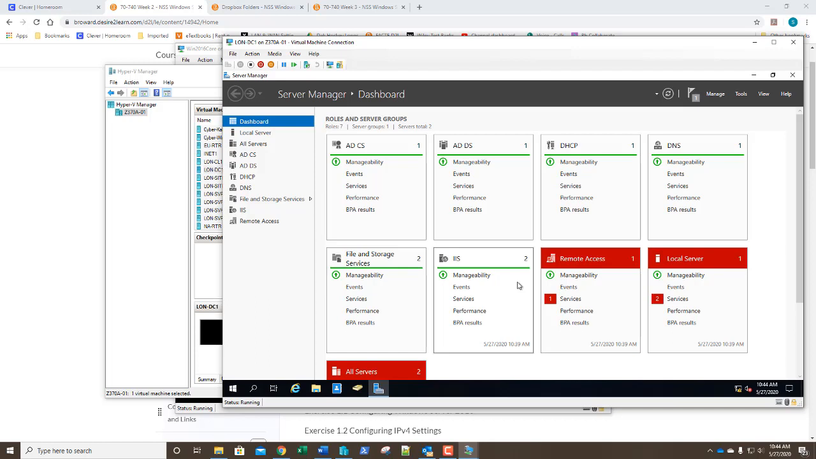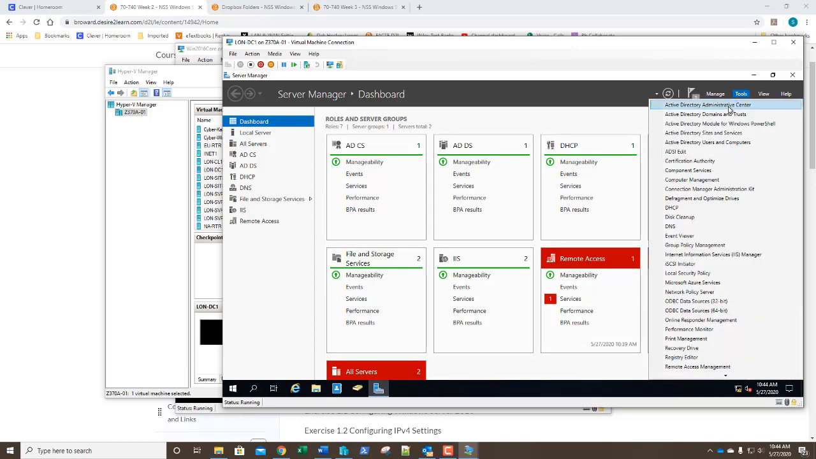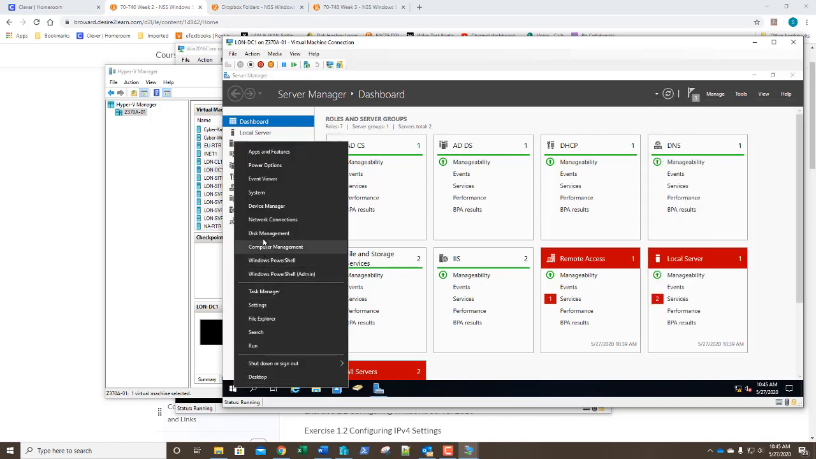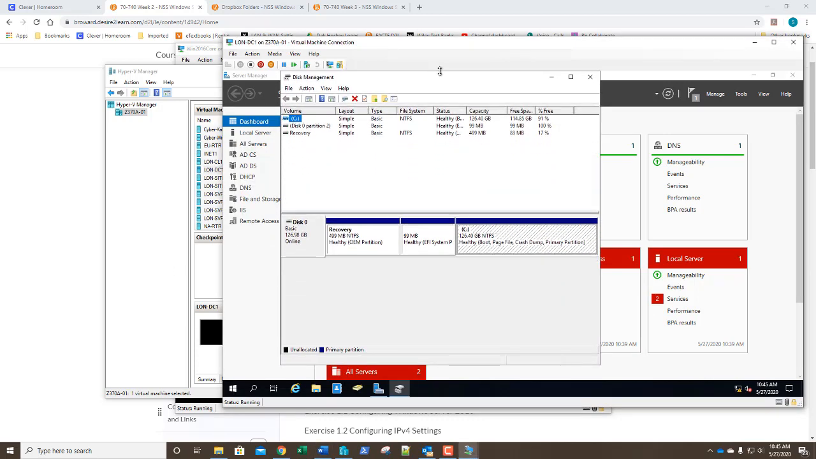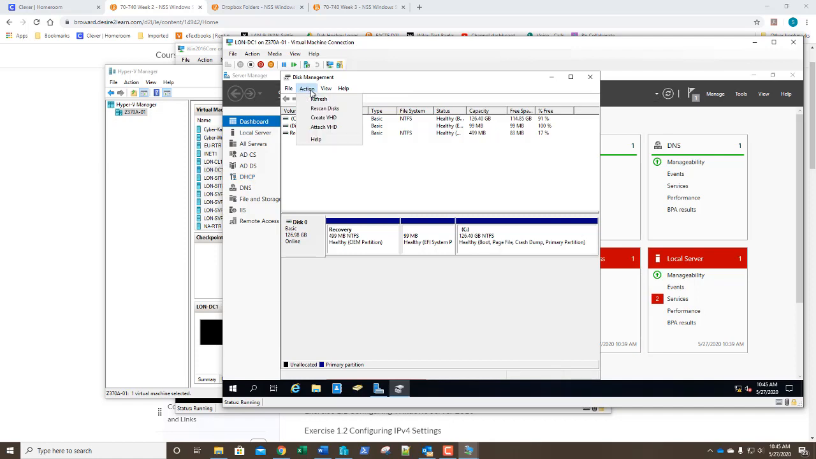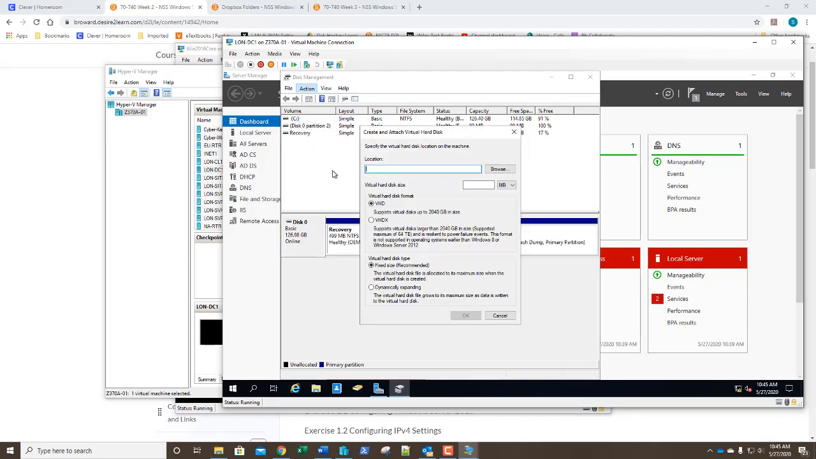The disk management console can be accessed directly or from the computer management console. Of course, the computer management console can be accessed from Server Manager, so we could do that here through computer management. We can also right-click and go to disk management. So we're going to do just that. We're going to select disk management. We'll go ahead and make that a little bit larger. We've got one disk in this. Let's go ahead, and we're going to select Action, Create VHD,